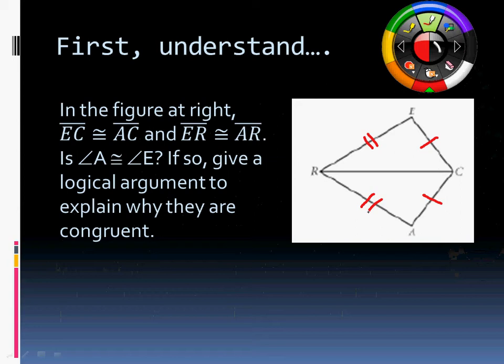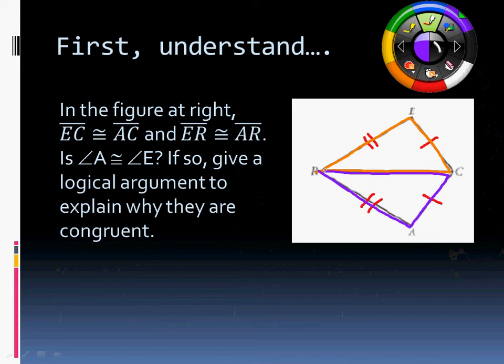If so, give a logical argument to explain why. Well, A and E kind of look the same, that's for sure, but that doesn't help me here. My idea is if I can prove that the triangles are congruent, that's what I'm going to do. If I can prove that this triangle on the top is congruent, say, to this triangle on the bottom,